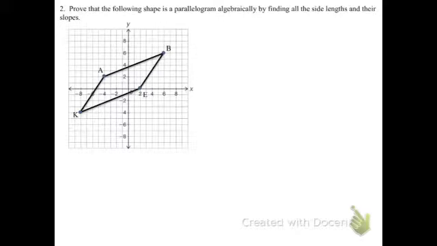If you move on to 2, again, I highly recommend getting your points there, and so I'm going to get those real quick. Okay, I got my points written down. On this one, we're supposed to prove that the shape is a parallelogram. In order for a quadrilateral to be a parallelogram, the opposite sides need to have the same slope. And it also has the feature that the opposite sides are congruent to each other, meaning they have the same length. And so on this one, really we just need to prove that the opposite sides are parallel to each other. And so on this one, if you just get the slopes,